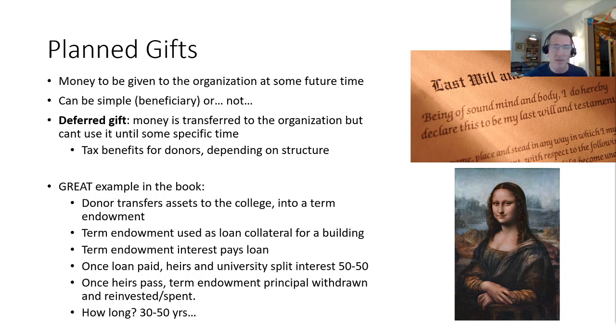This is a planned gift that the university might get 30 years from the time that it's given. But in the meanwhile, they both get to make use of this money while it's kind of sitting there. Plus, the guy doesn't have to worry about taking care of an art collection. So yes, very good example in the book, but that's planned gifts.